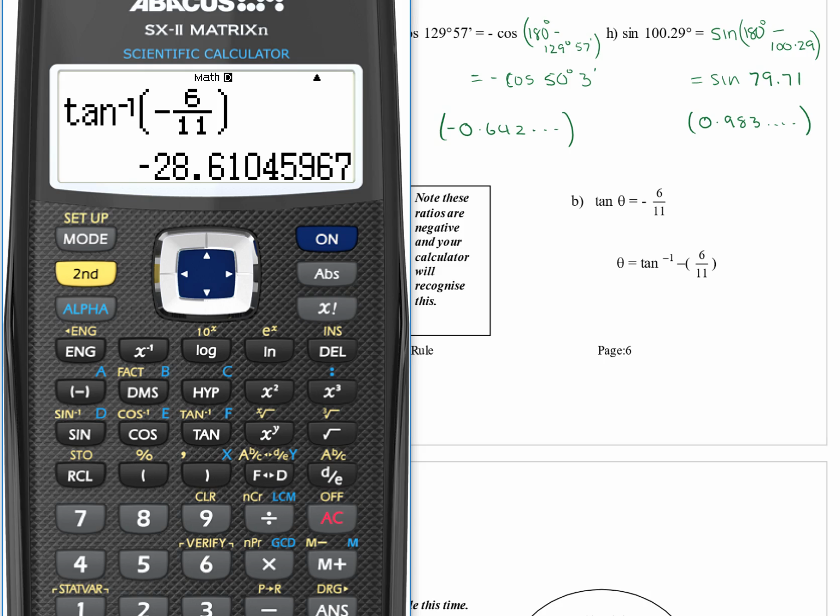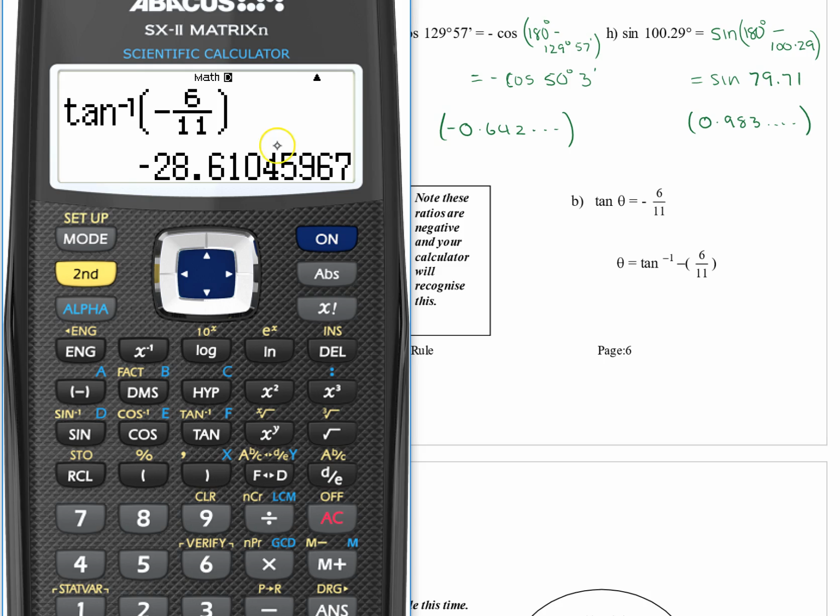However, with a question that says you're given that tan theta is negative 6 on 11, the moment you see that, stop and register it. It's asking you to find theta, however, the tan ratio is a negative. We know that our answer should be an obtuse sized angle. Now, there's a lot of value for you in stopping and looking at the question and realizing that before you ever touch your calculator. Because when you go to your calculator and you do tan inverse negative 6 on 11,